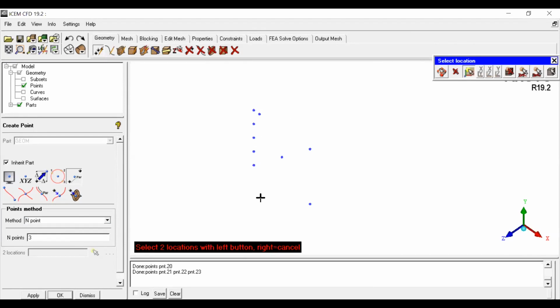And moreover, when we study boundary layer flow, I mean boundary layer flow over a plate or any computational domain, we are very much interested in the drag force near the surface, like the y plus value has to be successfully created, right? So the boundary layer growth near the surface is very much important. So there you need to create very closer points and you need to create a denser mesh. That is possible with this technique. So as of now, let me pick the curves.